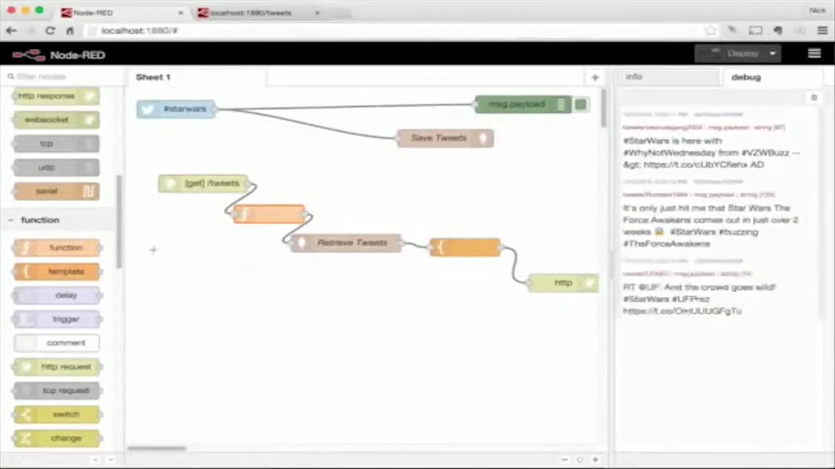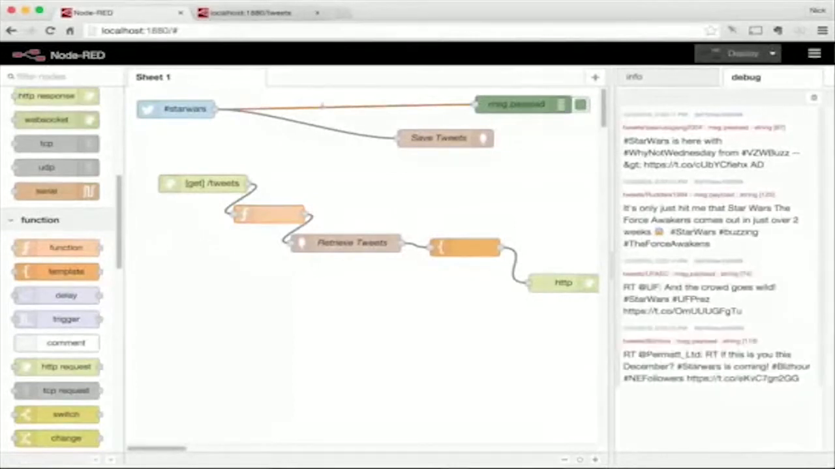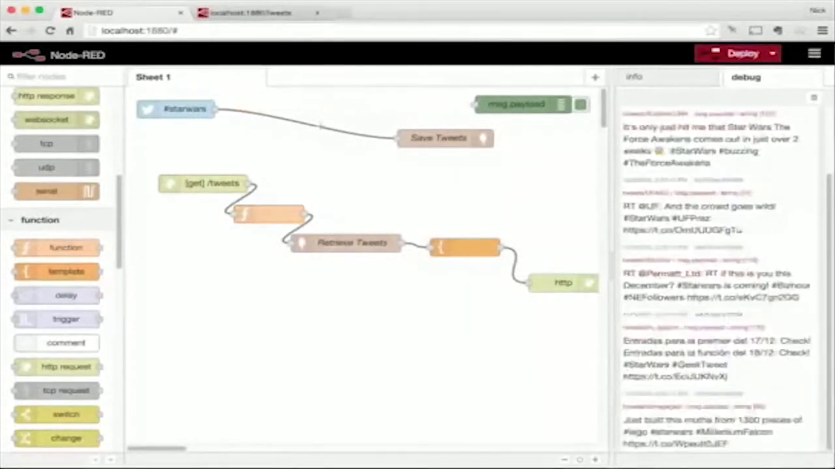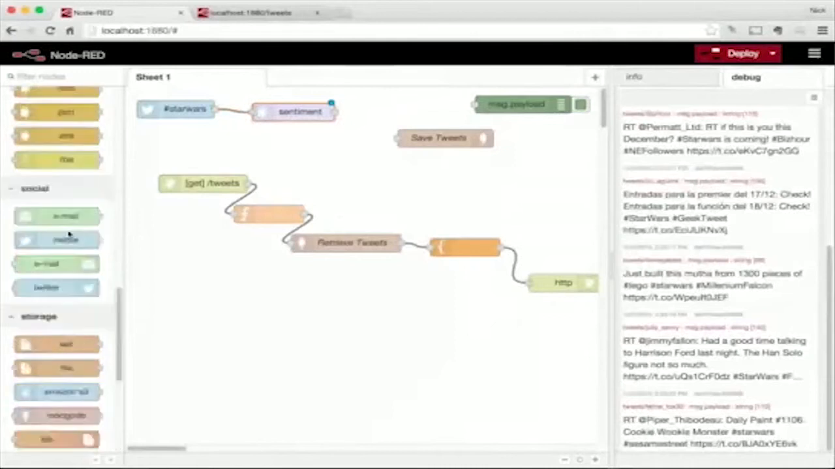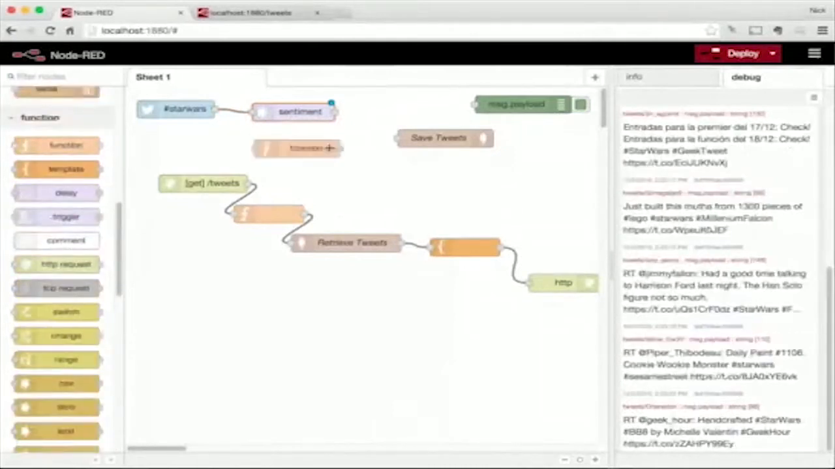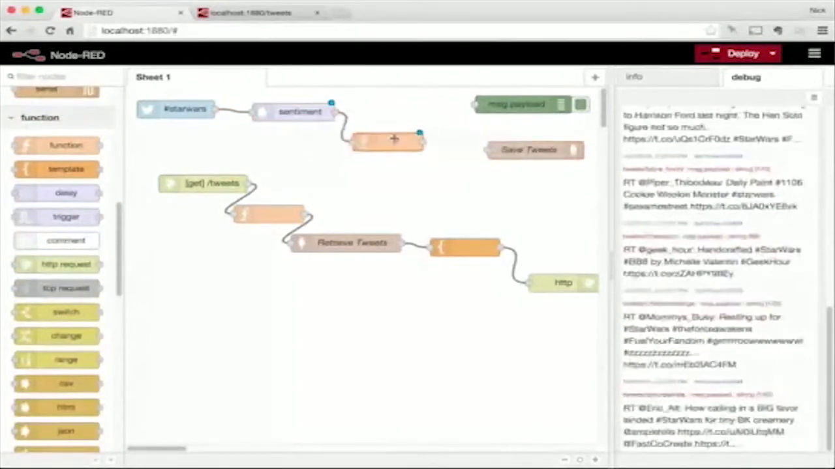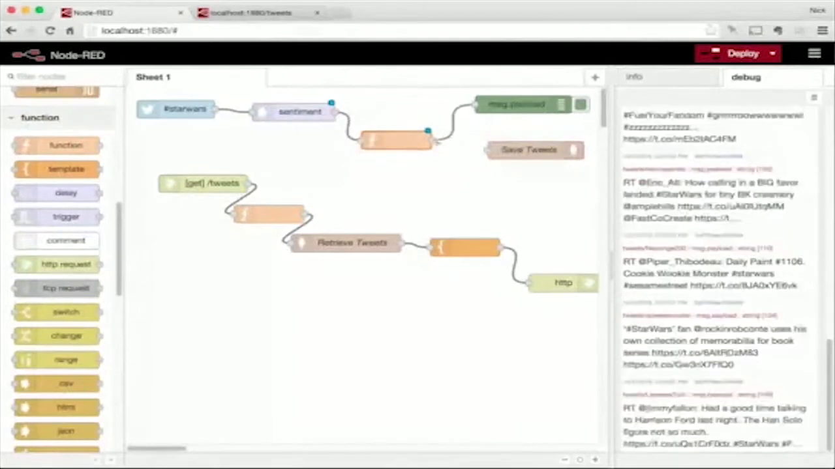So the next thing we're going to do is improve the look of those tweets and do some sentiment analysis, much like I described on the previous slide. So there's our sentiment analysis node. We drop that in. It doesn't need any configuration because it will just work with the message.payload the Twitter node